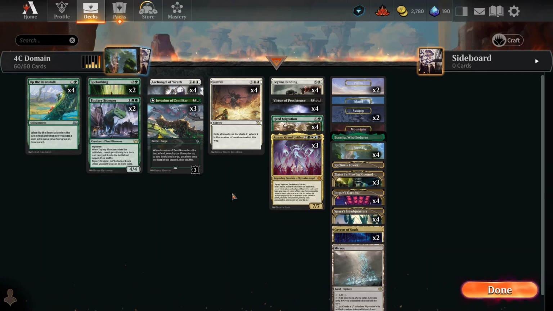What do you bring them back? Topiary Stompers and Atraxas. Angels of Wrath. It's all great stuff. There's lots of other things you can do with Domain, but this is a really good shakeup. This one doesn't have any blue in it, which is what I appreciate because I'm not a big fan